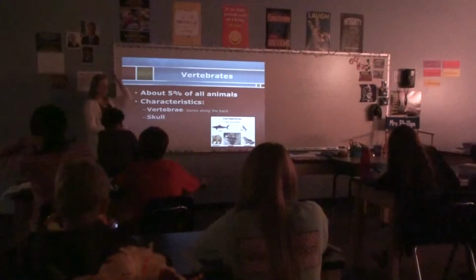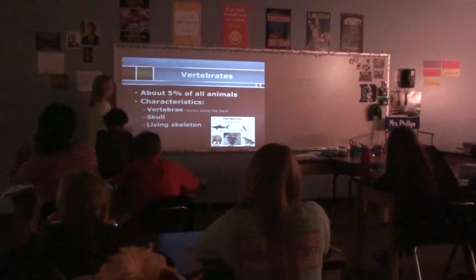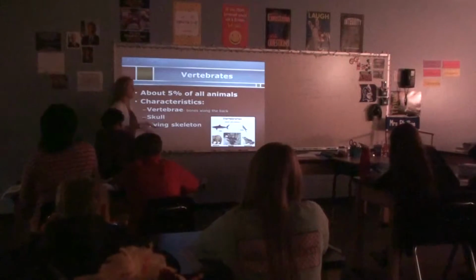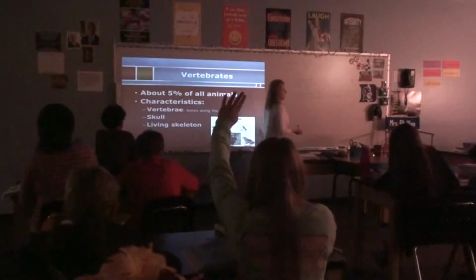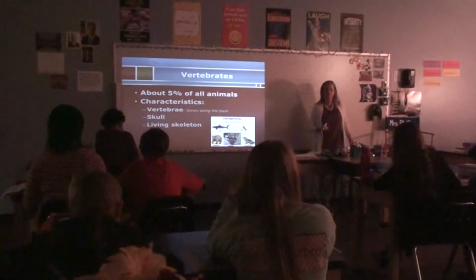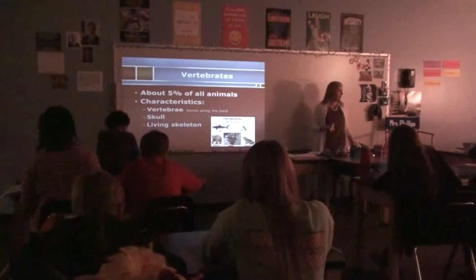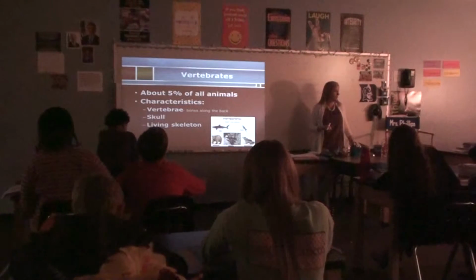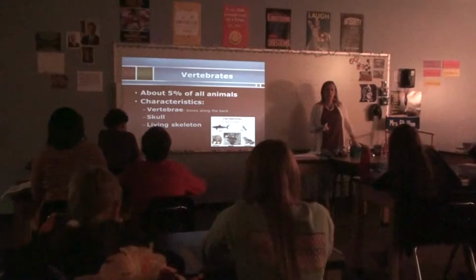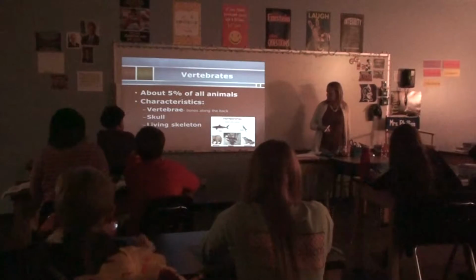They also have, every vertebrate has a skull and what's called a living skeleton. What does that mean? Living skeleton. What do you guys think? Kristen? It has life, cells run through it, and need energy. Yeah, so think about our bones are actually living. They're making stuff, right? What's in the center of our bone? Marrow. Bone marrow, which is active and alive. So when you hear the term living skeleton, that's what that means.